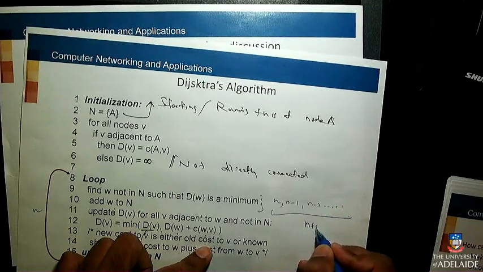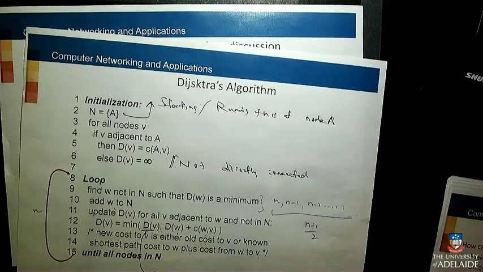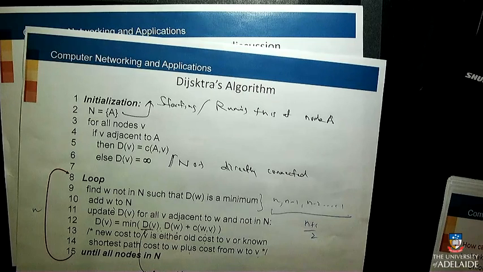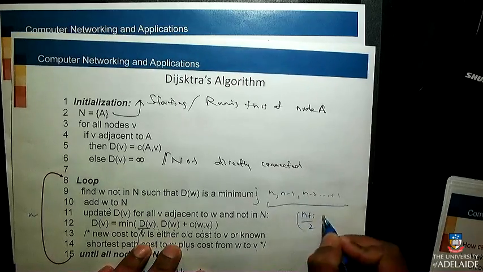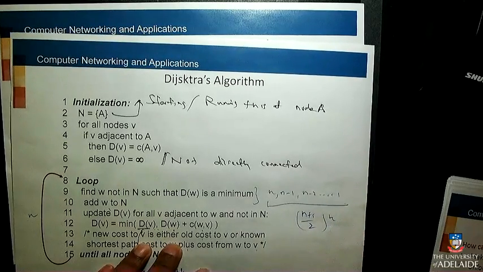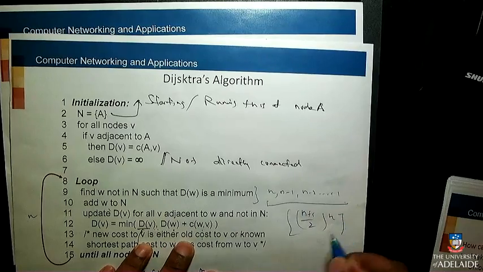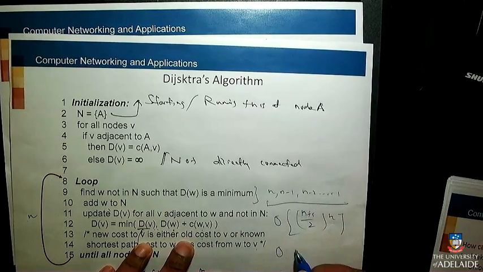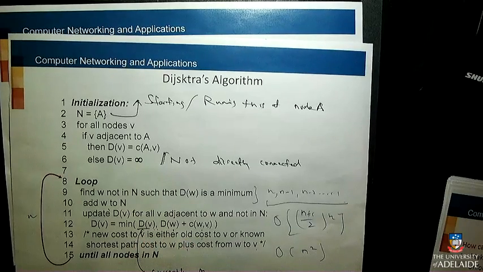I thought it was n plus 1 over 2, right? It's an arithmetic series. If you want to add 1 plus 2 plus 3 plus 4 plus 5, that's n plus 1 over 2, multiplied by n. So if you did the big O notation stuff, you'll find that this is order n squared, right? So this is the worst case complexity,